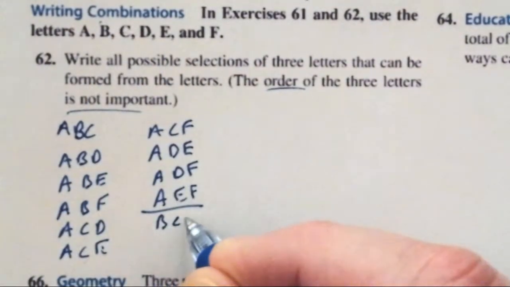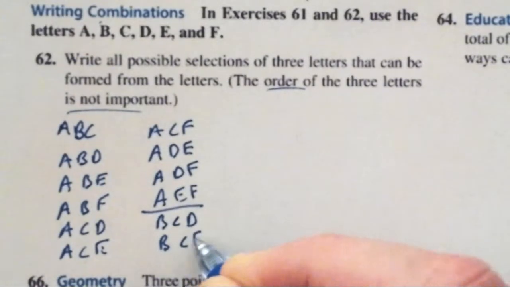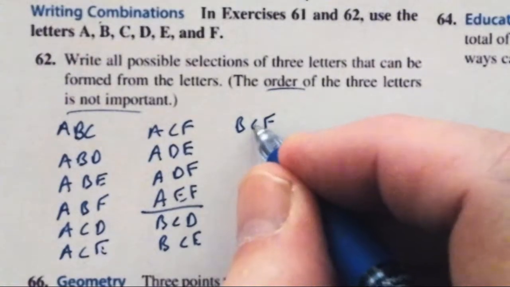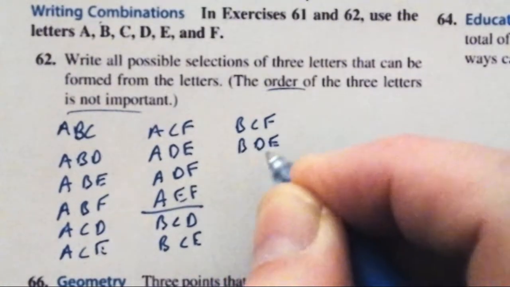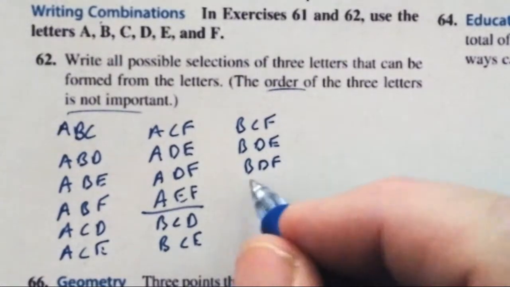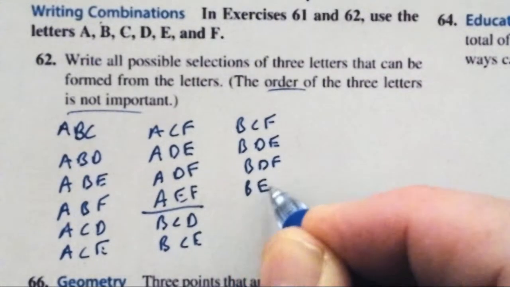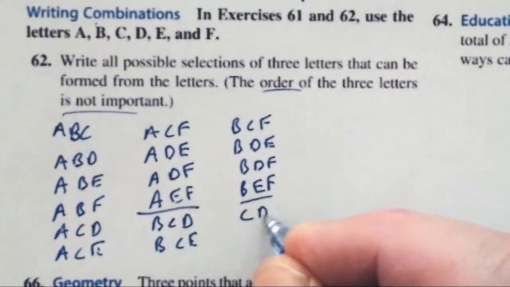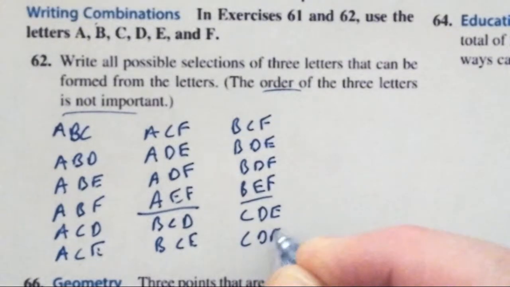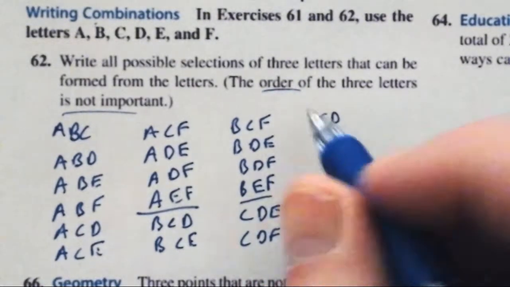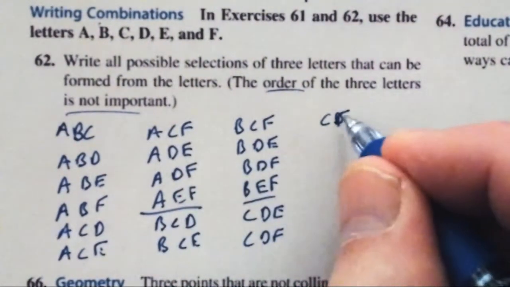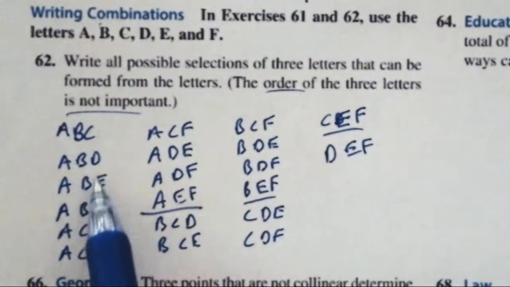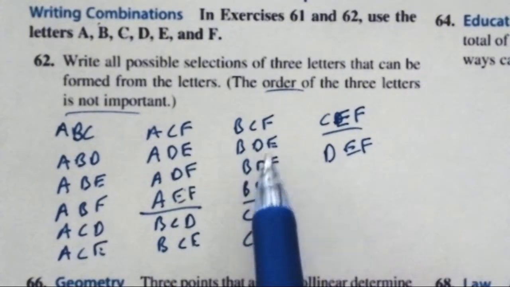Let's see. BCD, BCE, BCF. I'm done with the C's here. So BDE, BDF. Done with the BDs. BEF. Okay, not as many B's. Let's jump to the C's. Hope it gets better. CDE, CDF, CEF. Excuse me, I'm done with the CDs, CEF, and I jump to the D's, and all I have is DEF. Let's see, 1, 2, 3, 4, 5, 6, 7, 8, 9, 10, 11, 12, 13, 14, 15, 16, 17,